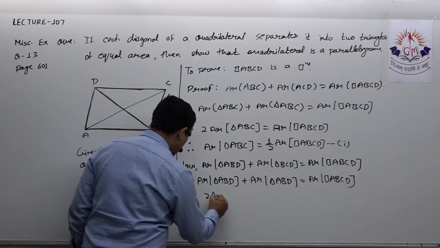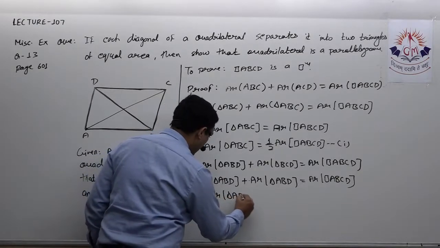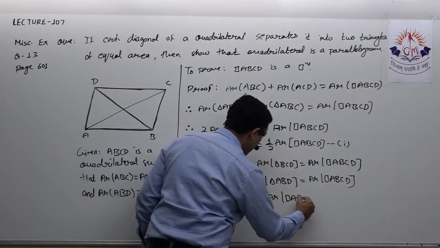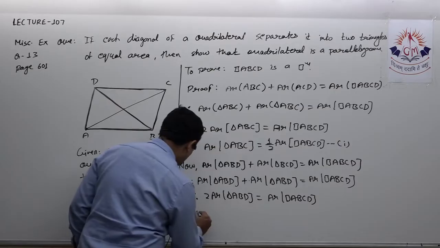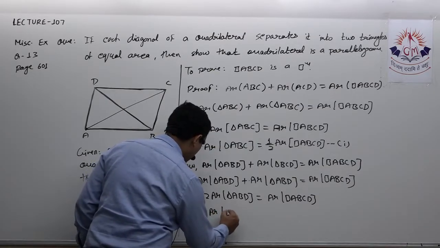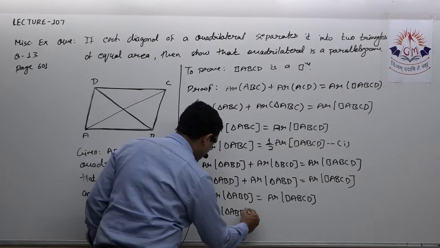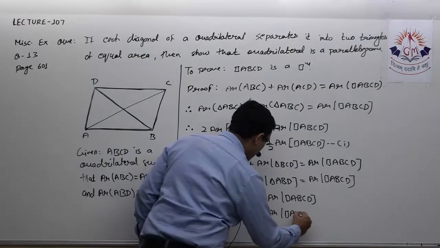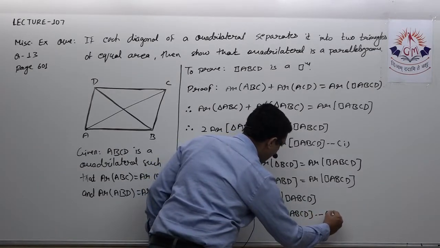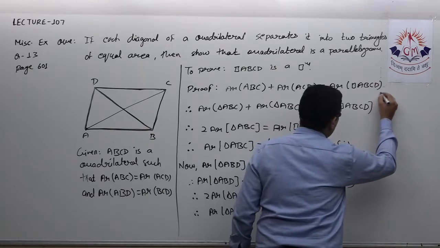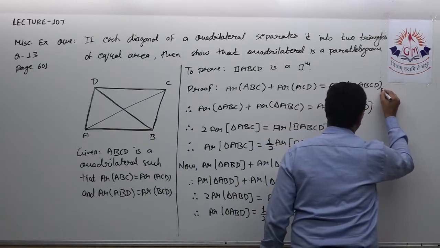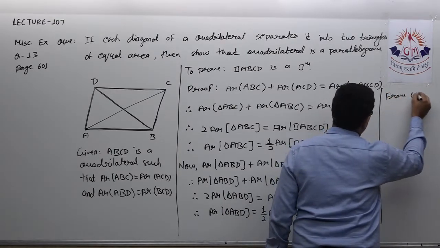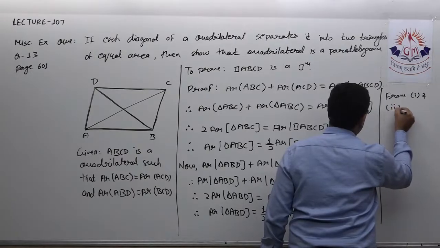Therefore, twice area of triangle ABD is equal to area of quadrilateral ABCD, and hence finally area of triangle ABD is equal to half area of quadrilateral ABCD. Let it be second. So from first and second I can write